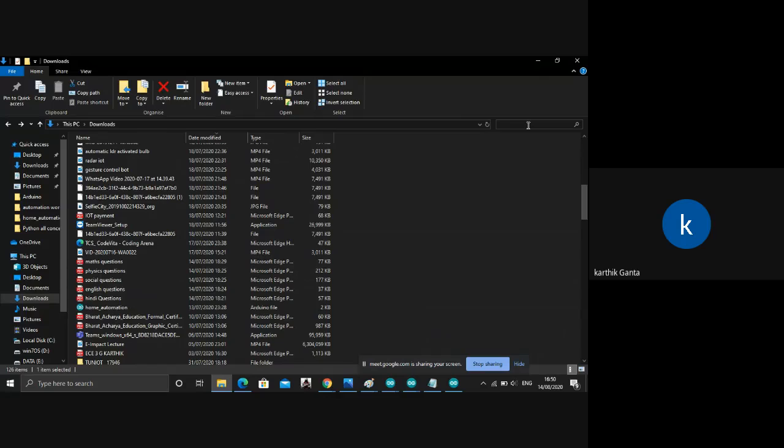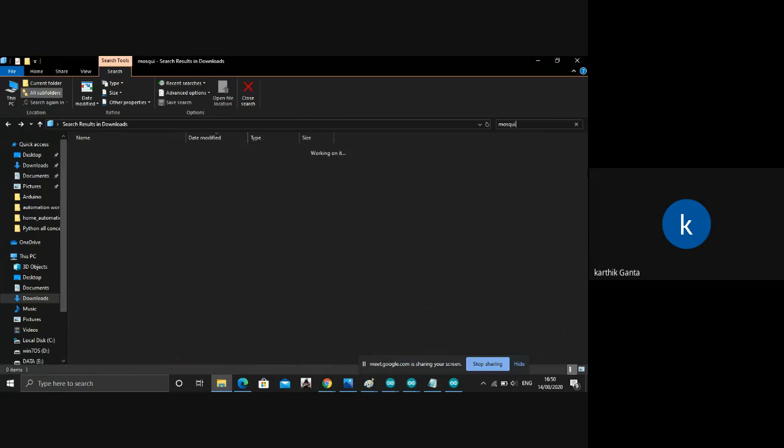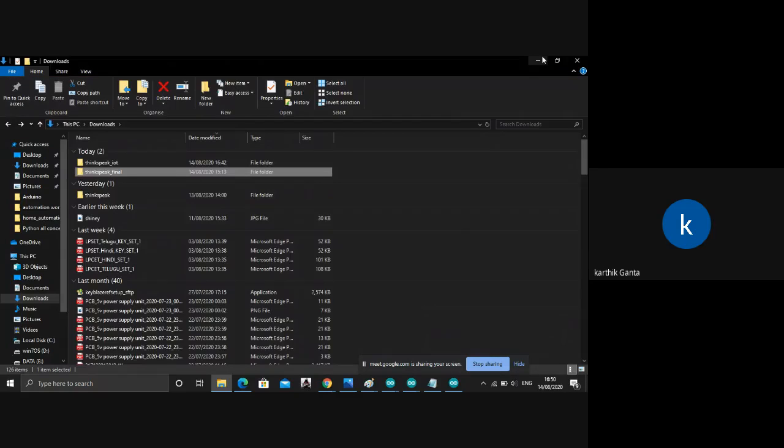Search for Mosquitto. Okay, I'll give you this. You just need to click on that and install. That is very easy. You just click any directory and it gets installed directly, like we install games or any software: click install, next, install, the same way. I have already installed it, and I'll show you how it works.